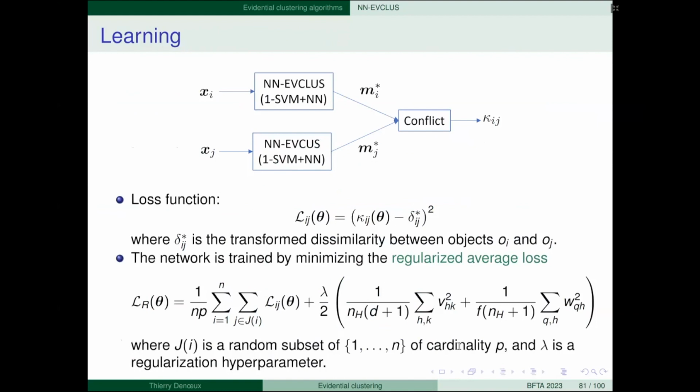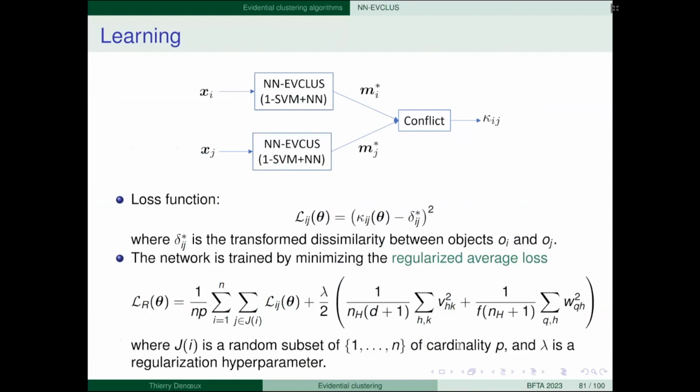And so now you train the neural network in order to minimize this loss function. We have seen that this is an F-class principle. We want the degrees of conflict to be small when the dissimilarities are small, and to be large when the dissimilarities are large. So now the degree of conflict depends on the vector of weights of the neural network. And the one-class SVM is fixed, trained separately.